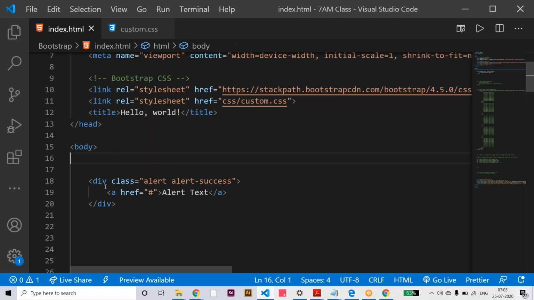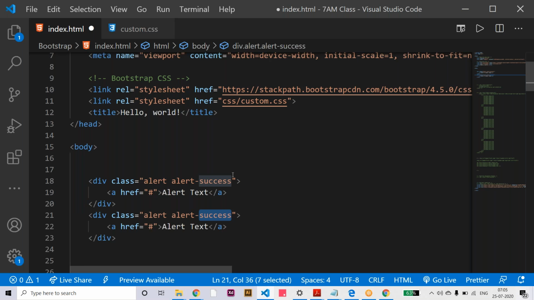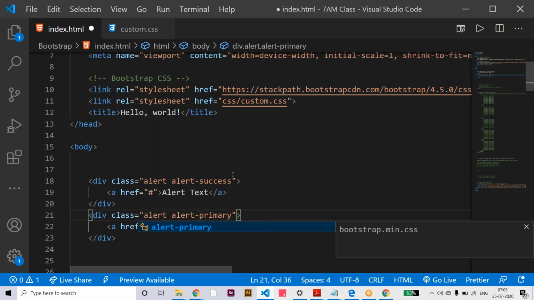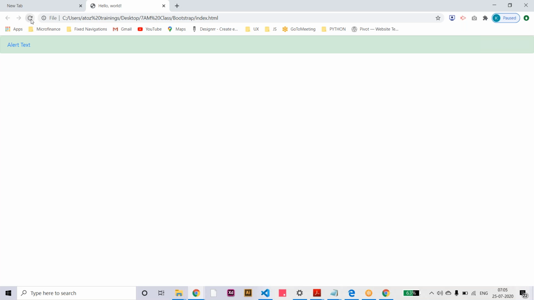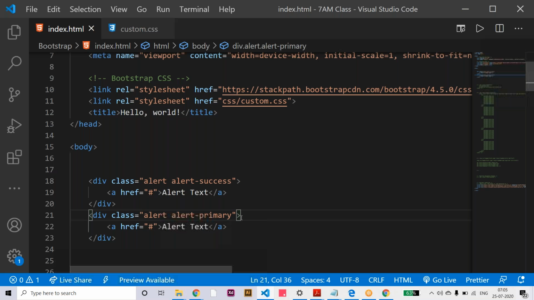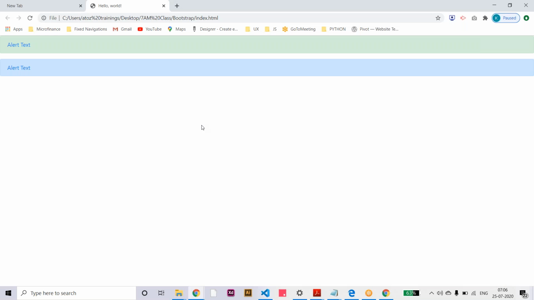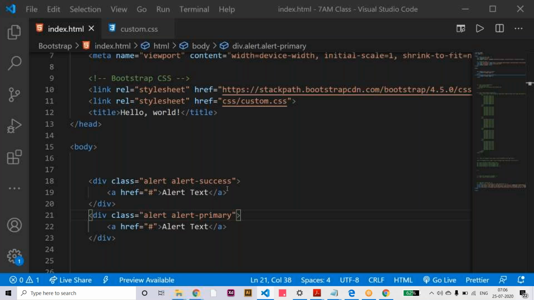Like the same way we can apply the other themes also. For example, you can say here primary. Yeah, it's correct, alert and alert primary. It's a light color because both are very light. If you observe, the first one is light green and the second one is light blue. So that is the primary class.